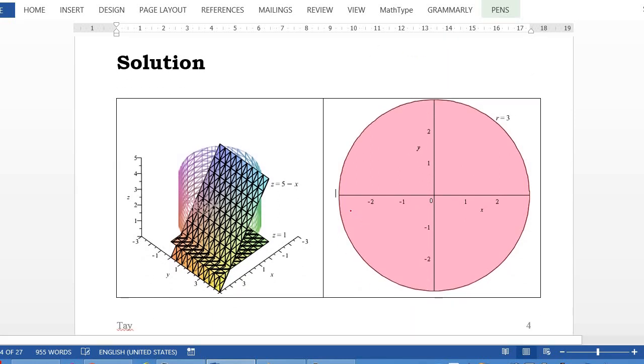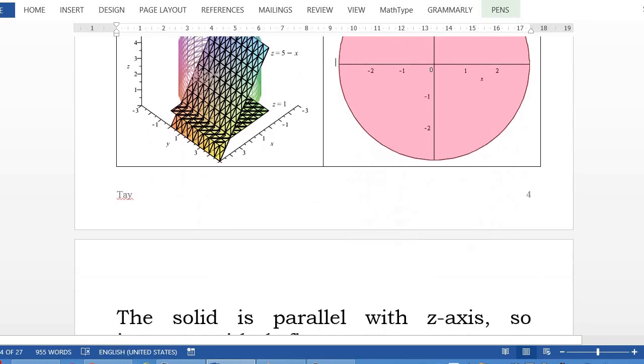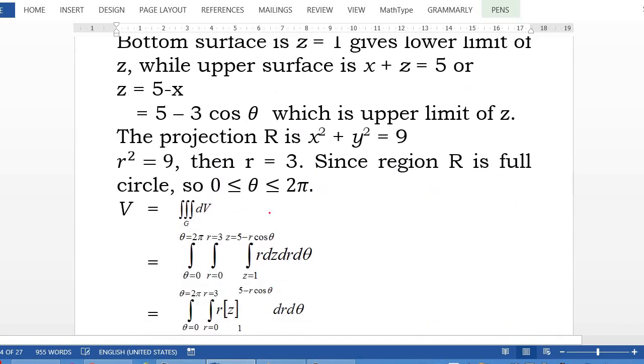Hence, normally if your solid is bounded by a cylinder, sphere, hemisphere or paraboloid, where the term x squared plus y squared can be substituted by r squared, then you can use cylindrical coordinates. So in this case, the volume is given by